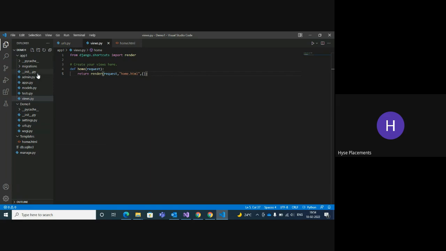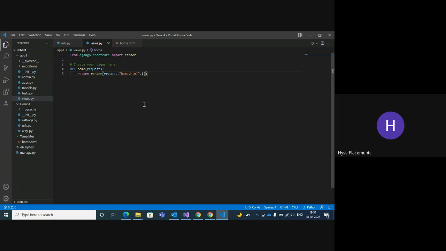In the app level the same init.py file is there, and also admin.py, models.py and tests.py. The main things are models and views. I will explain models also, how to create the models. Most of the work is on views, because